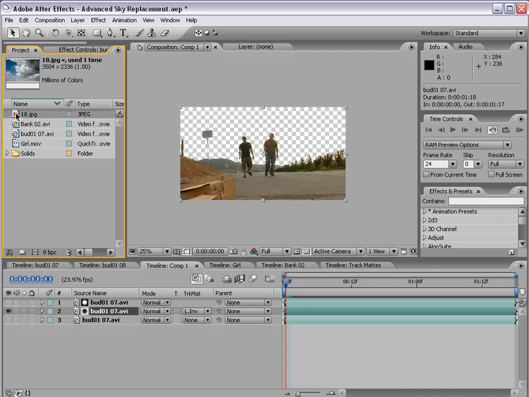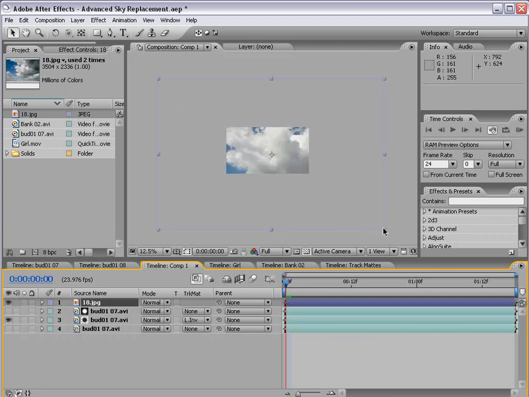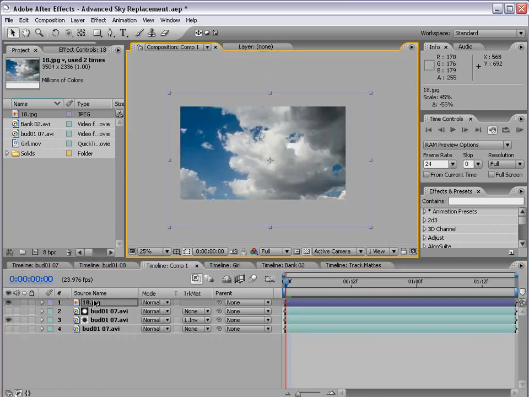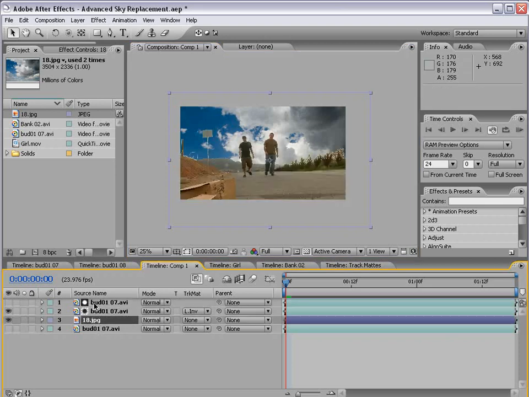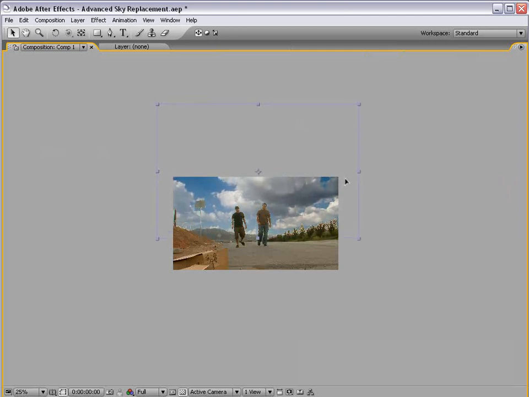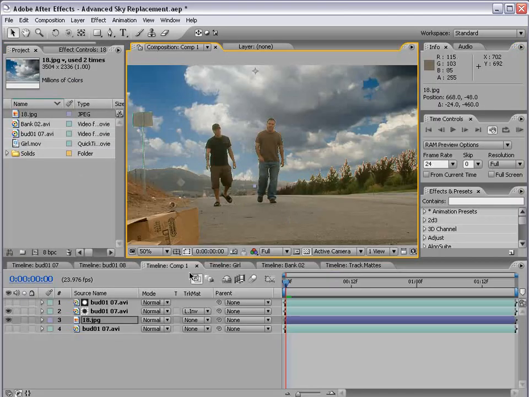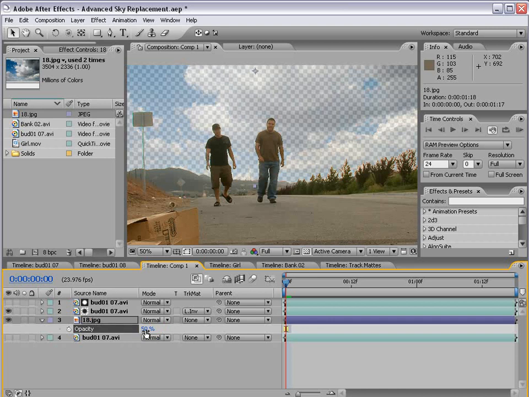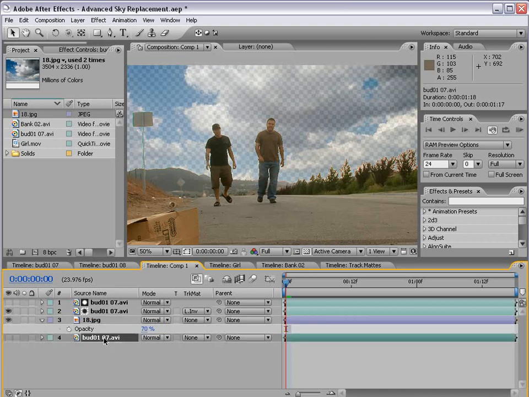Take our sky footage or our layer, drag it out. It's a pretty large photograph. I'm going to scale this down some. And we want to put this underneath the top 2 layers and then just position it in the background. And if we bring the opacity down to about 50 or maybe 70 and turn on our